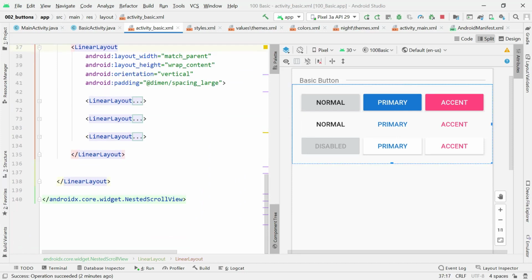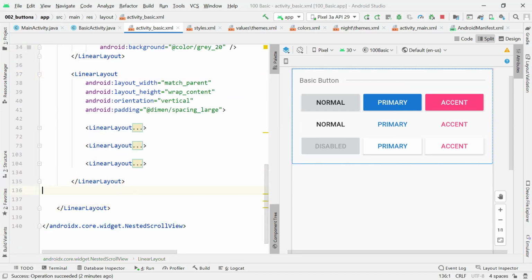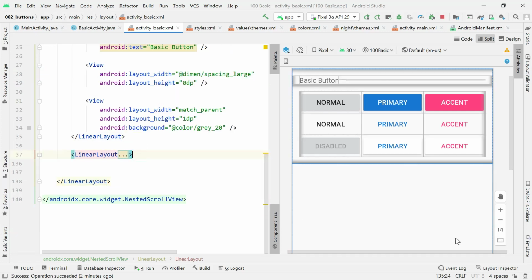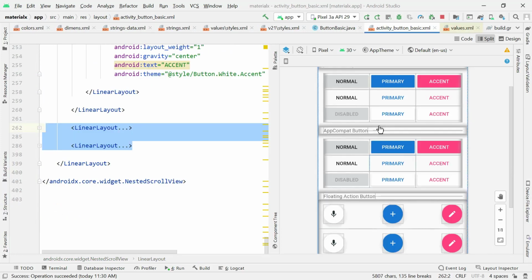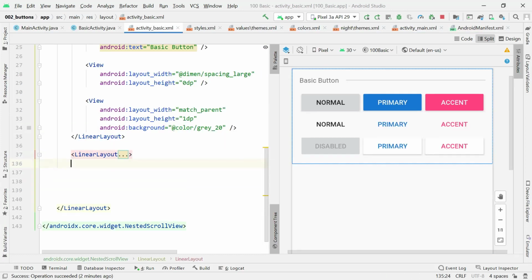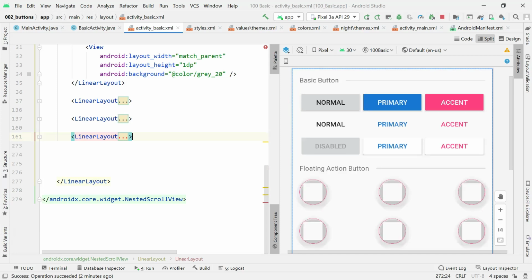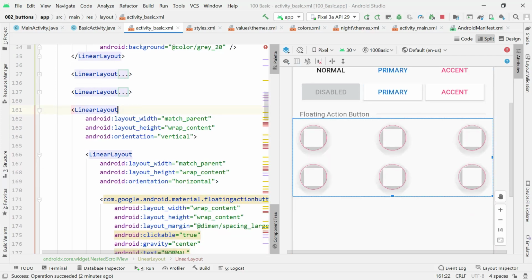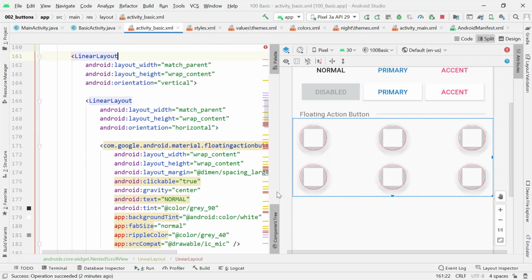Now I'm going to come here below this section and create the fab buttons. Okay, the fab buttons. So if you want the full code where we're having also the AppCompat buttons, I'll also share the code so that you can get them. So I'll paste there the fab buttons. There we go. So I'm going to explain every part, so get ready. So to begin, first of all, to create a fab button, those fab buttons, the rounded ones,